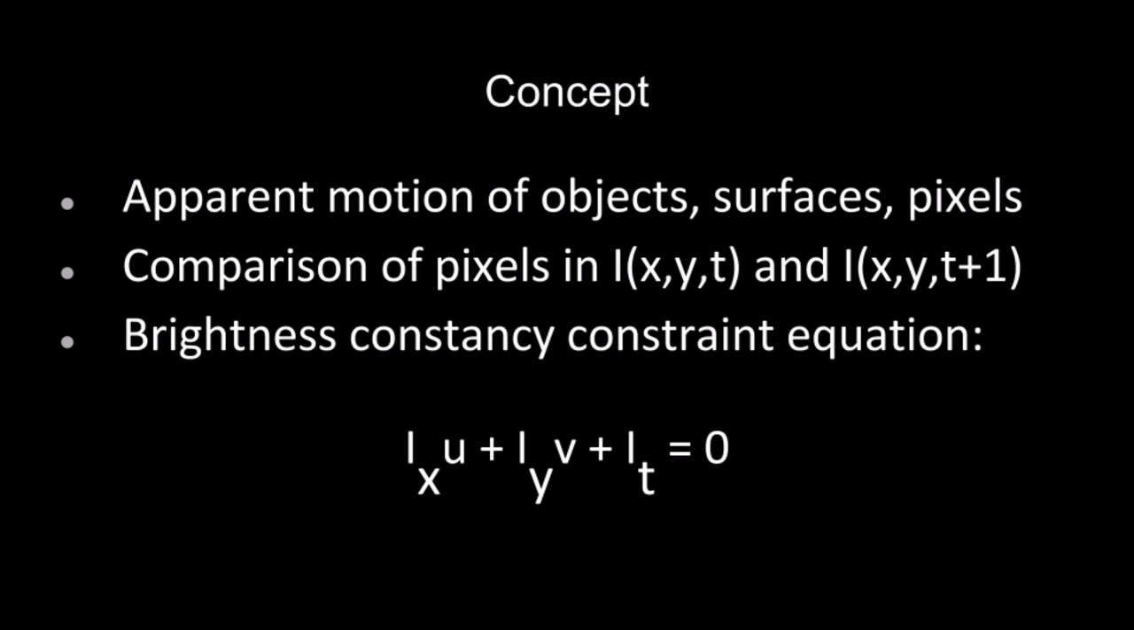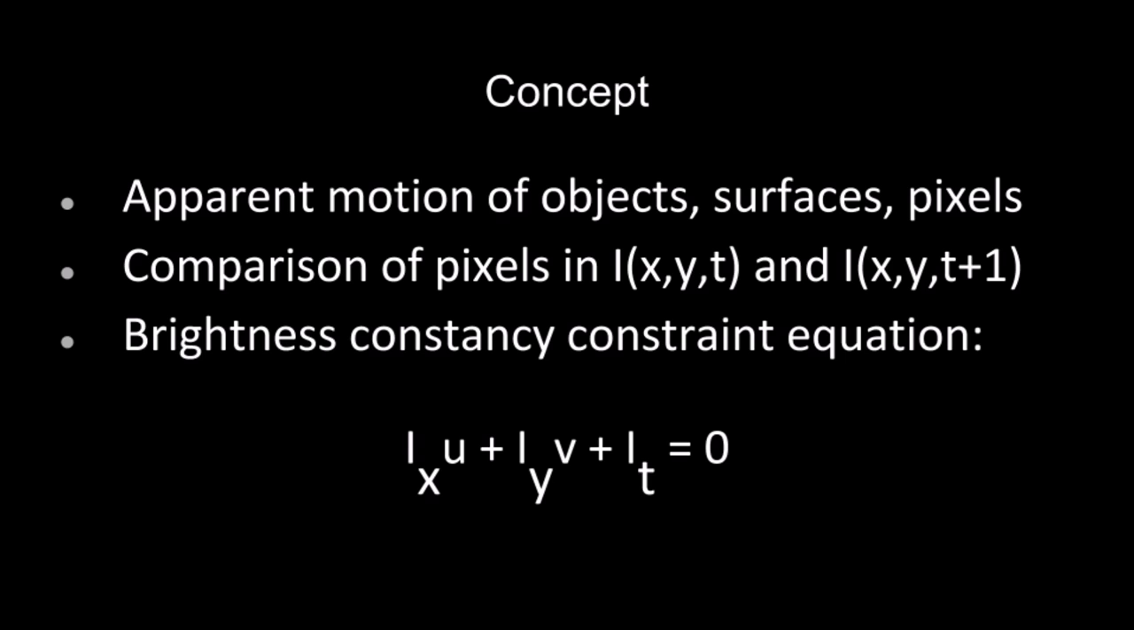Optical flow is the apparent motion of objects, surfaces, or pixels in images. Optical flow is estimated by looking into images in a sequence. Pixels in an image at time t are compared with nearby pixels with the same intensity in an image at time t plus 1. From this, optical flow vectors are generated, which tell us in which direction the pixels are